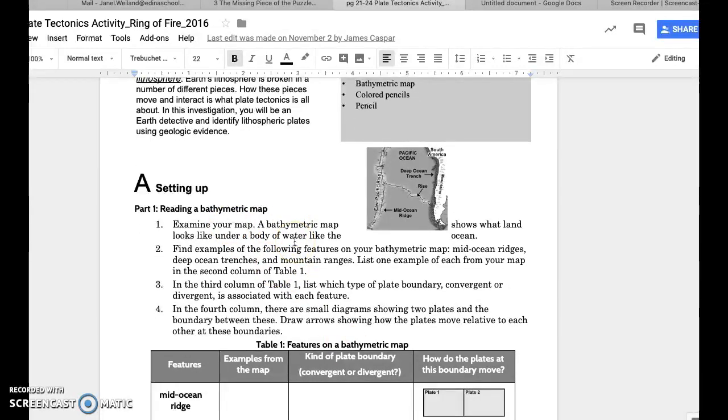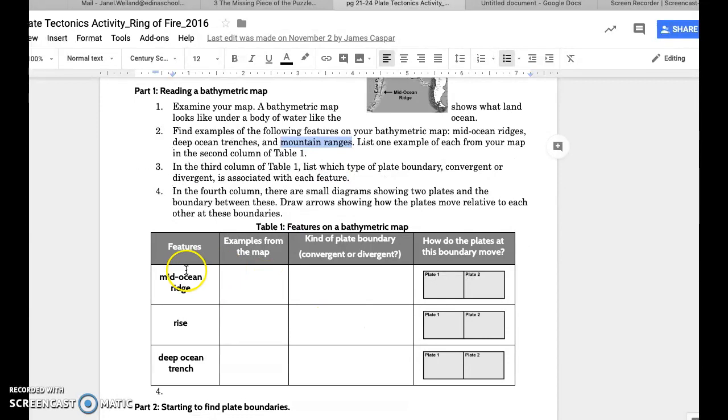our map and basically look for certain features that our map has to get started, just to become familiar with it. So first of all, it talks about looking for mid-ocean ridges that I have highlighted here. And then we're going to try to find some trenches that are labeled and some mountain ranges, which another word for mountain range that you're going to hear is the word rise. So if I go down to my data table, it says mid-ocean ridge, and I need to find an example